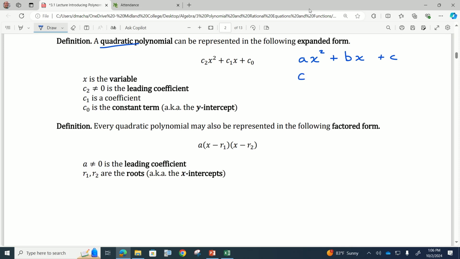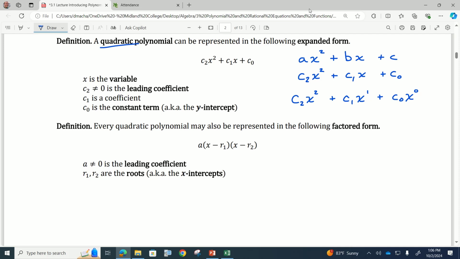But I could, if I wanted to, just call these coefficients c2, c1, and c0, just to indicate that c2 is that constant coefficient that multiplies x squared, and c1 is the constant coefficient that multiplies x to the 1 power, and c0 is the constant coefficient that multiplies x to the 0 power. Because x to the 0 is just 1,